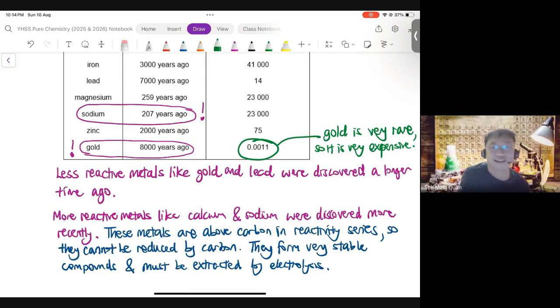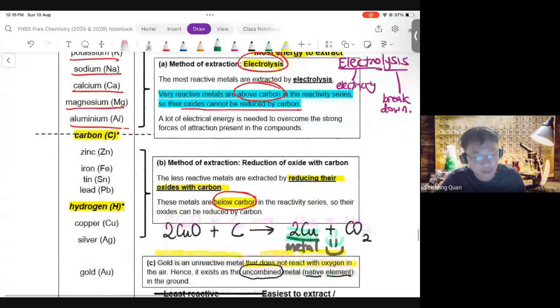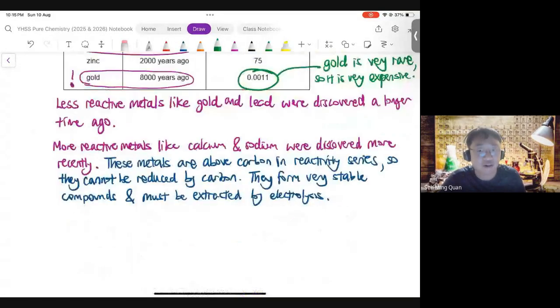Okay? And with this, we have actually finished the extraction of metals. So again, may I please encourage us to revise the reactivity series and how it impacts extraction of metal. In particular, you need to revise the previous page, page 20. Learn the ABC well. All right, I've segmented page 20, the reactivity series, into A, B, C for this reason. Please learn it well. All right, and that concludes extraction of metal. Now, let's move on to the very last part of this chapter, which is rusting.